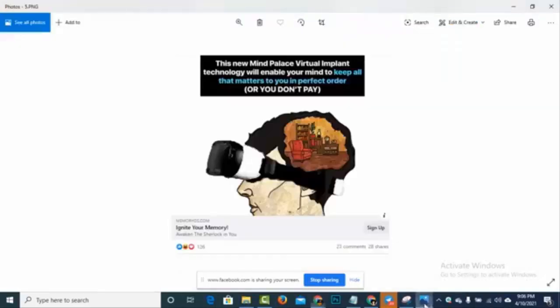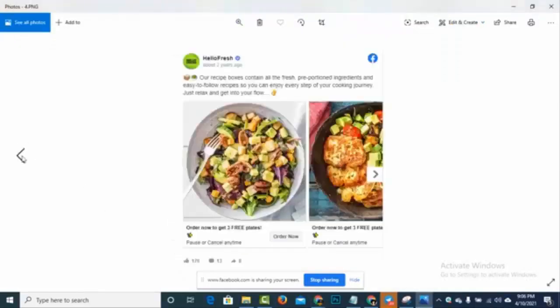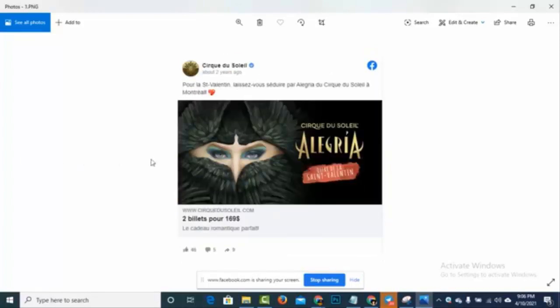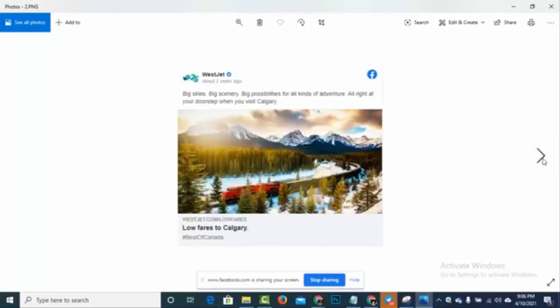So if you look at these creatives now, let me see if I can find an example. Okay, I think probably I didn't bring that on here. Okay, so here you can see that we have this part, let's say low fares to Calgary, and of course this part is big skies, big scenery, big possibilities for all kinds. So here is where you see the post, and then you see this headline, low fares to Calgary.